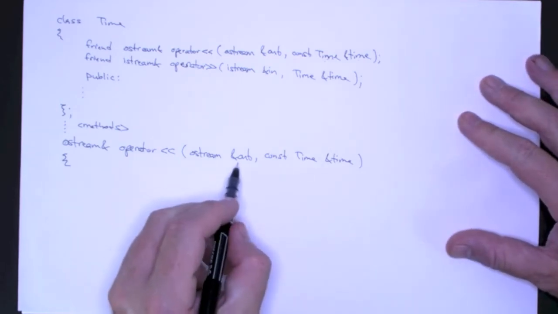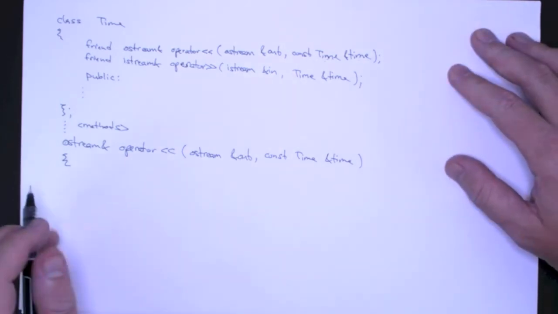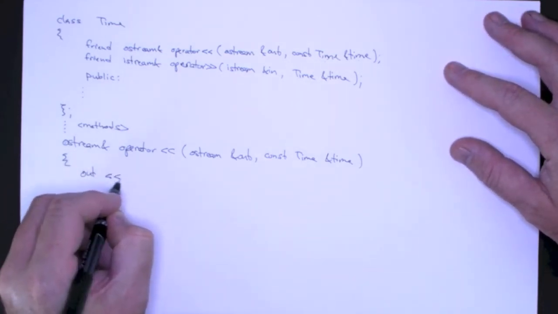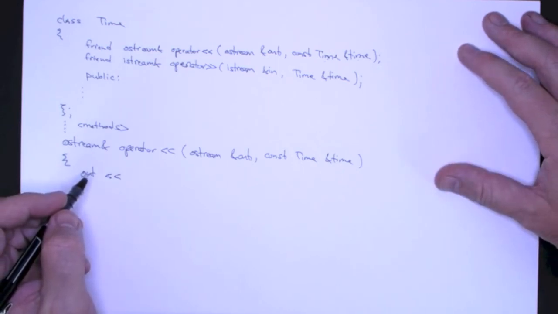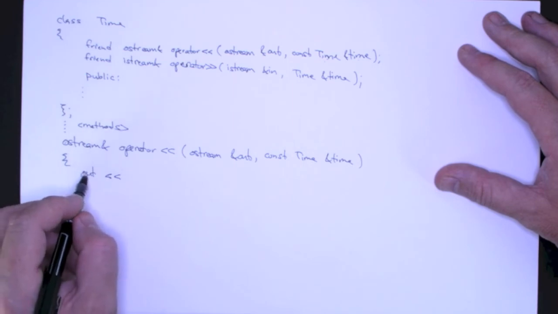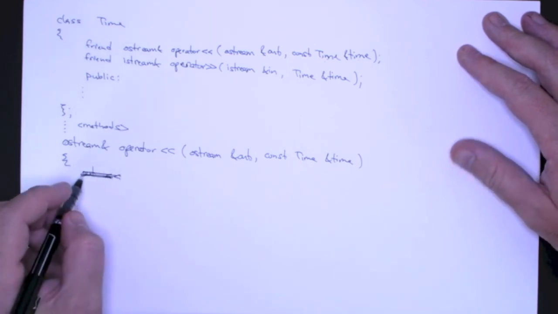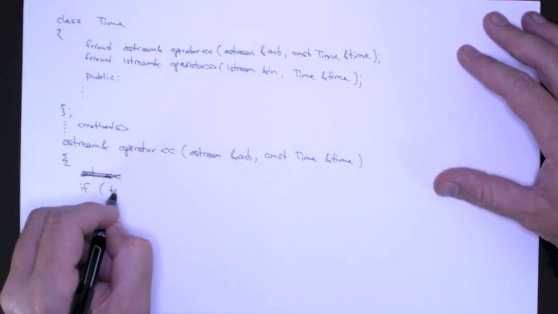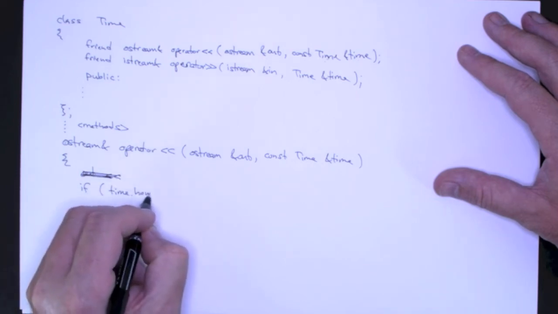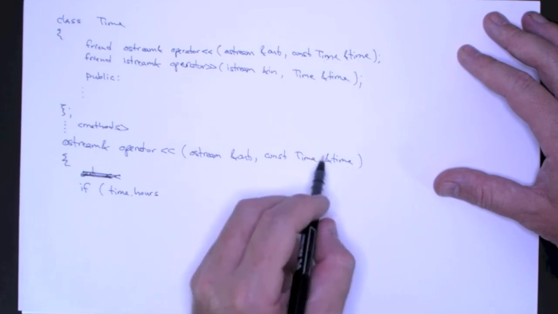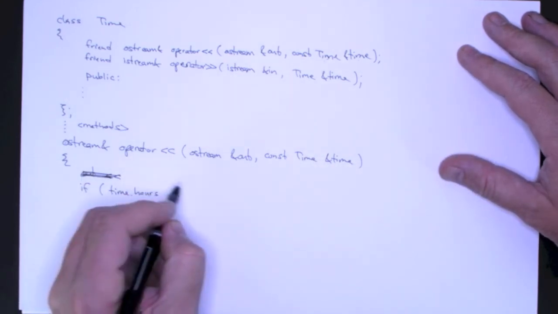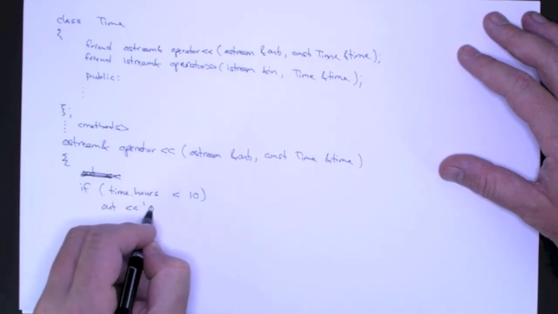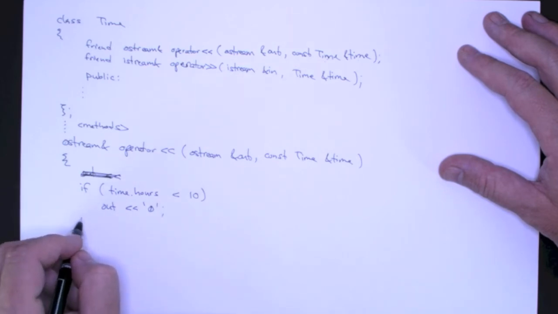So how do we write a time object to this output stream? It's going to look exactly like the print method, except we're using this parameter. So what I want to do, oh, I forgot my formatting. So I have to do my formatting. So I have to check if the hours, and it's actually time.hours, right? It's the hours of this time object. This is the object I'm writing to the stream. Well, if that's less than 10, then I want to write out a leading 0,